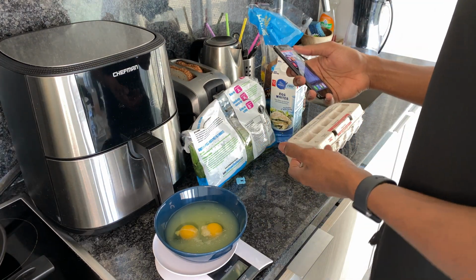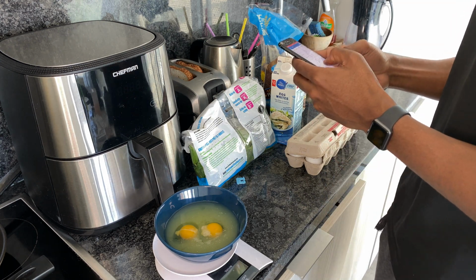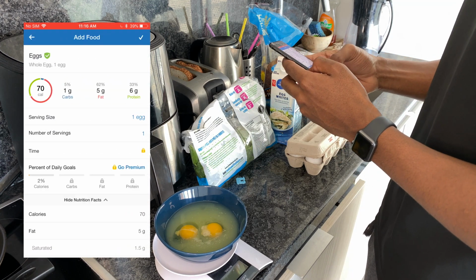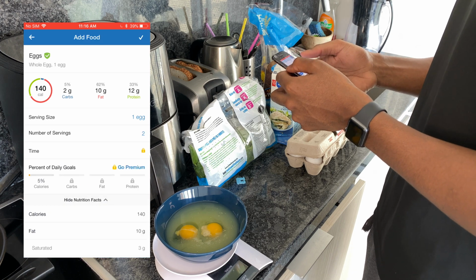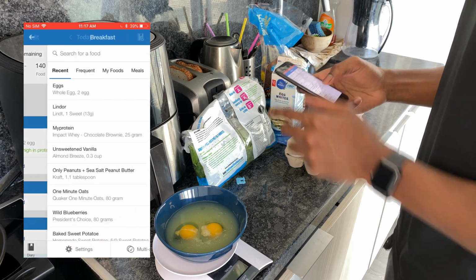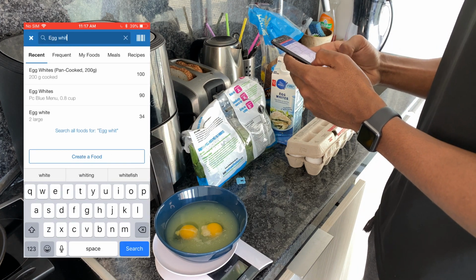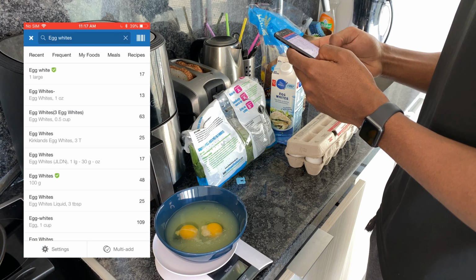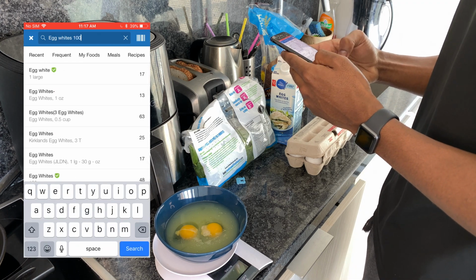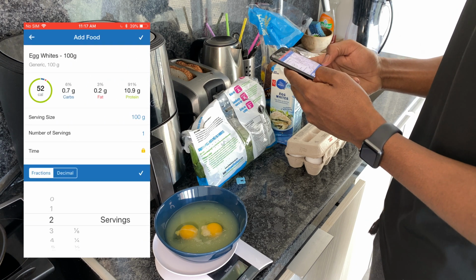Okay, so now I'm just going to go on Myfitnesspal. This is what I use, and I mentioned this in the video earlier. Whole eggs. I use 2, so I'm putting the number of servings as 2. That's done. Got it. And now I'm going to add the egg whites. I used 200 grams of egg whites, so I type in egg whites 100 grams,